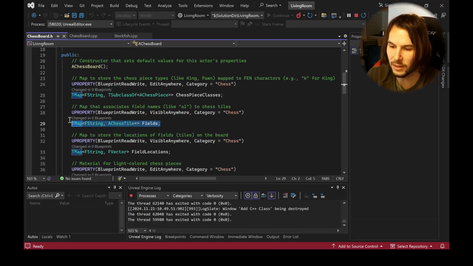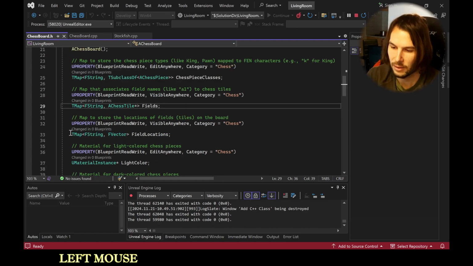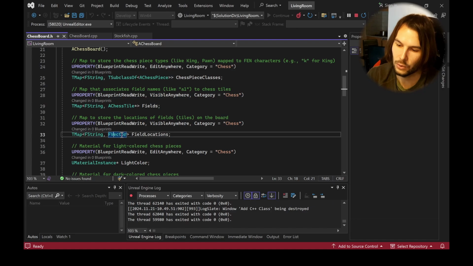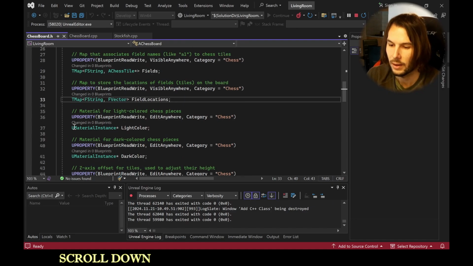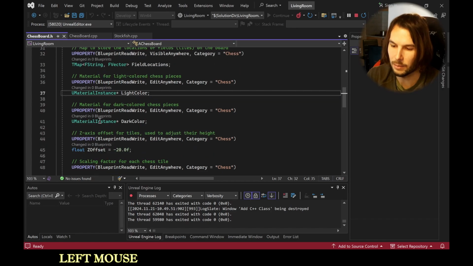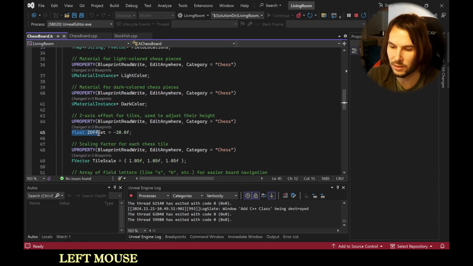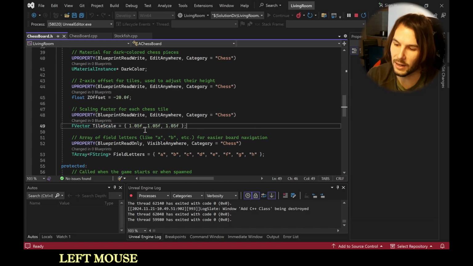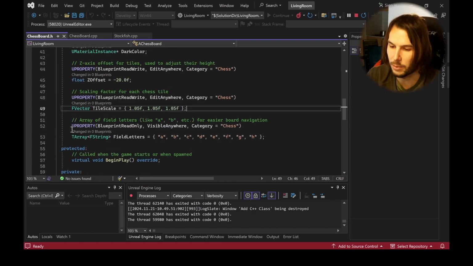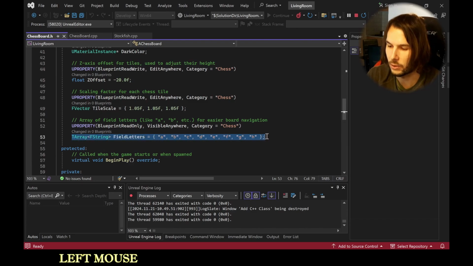Here is our fields, a map from strings to a chess tile. Then we have the map string to a vector, field locations. The material is a material instance of a light color, material instance of dark color. Set offset is simply a float that doesn't change anything. The vector tile scale, which is just a 3D vector, and the property, the array, which contains the field letters,